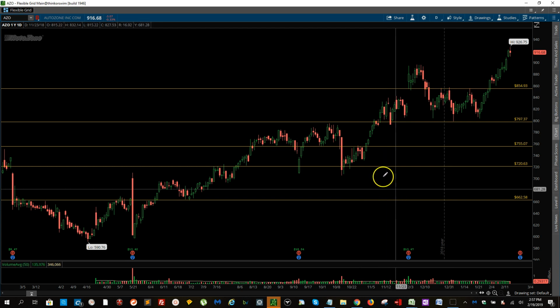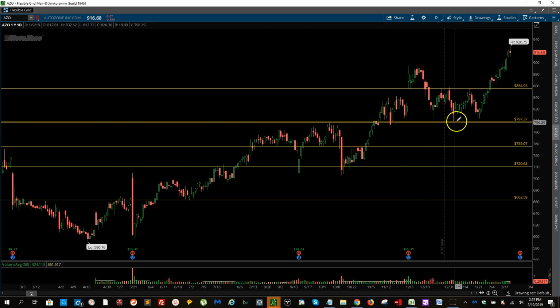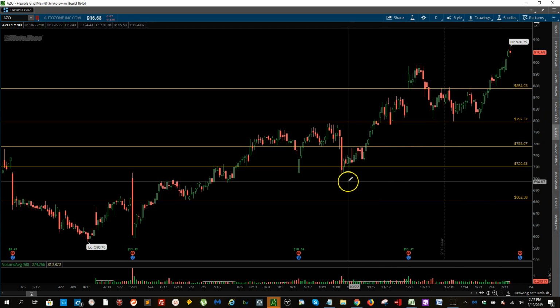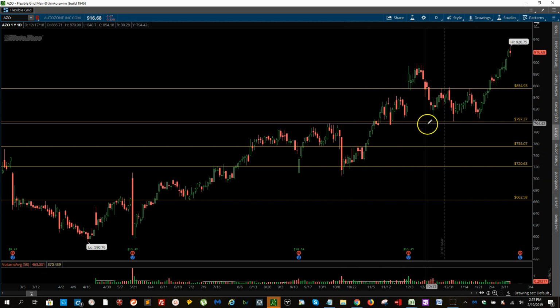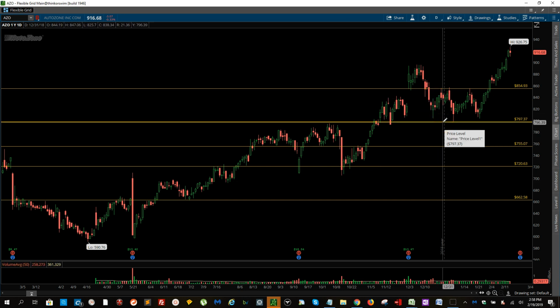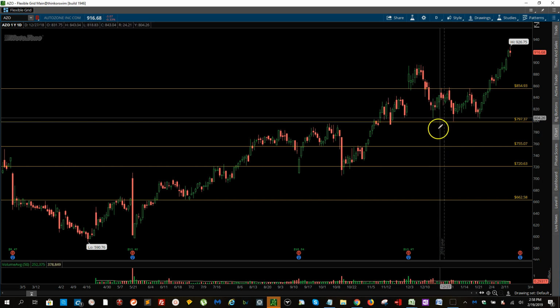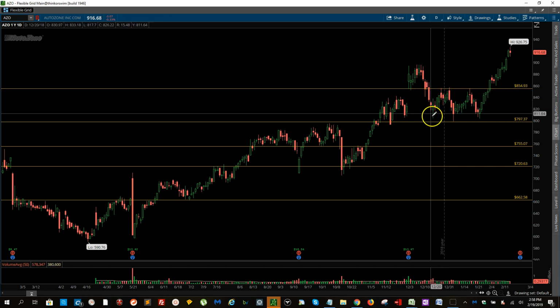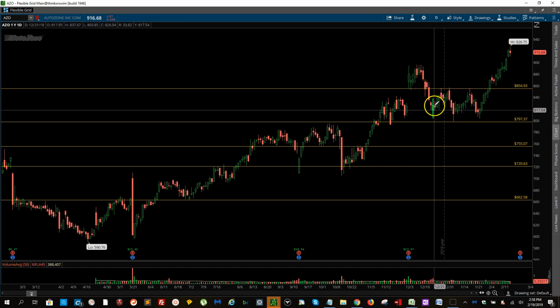So these levels definitely can be respected. You could look to take trades off of them. For example, this is a great one. We were talking about a range-bound stock earlier. Look at this thing. It range-bound between 797.37 and 854.93. So once it broke down here and you got this tail here on this long body doji,